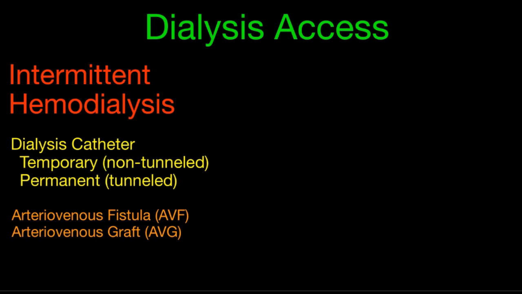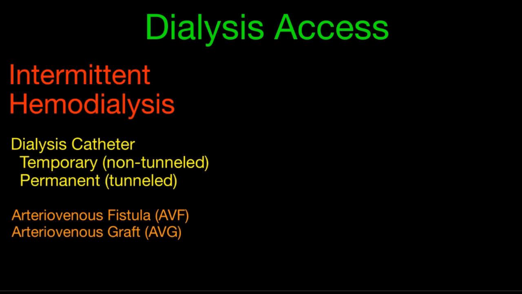As you can imagine, you need access to the blood. And so first, you can do it through an artificial catheter, the dialysis catheter. This could be either a temporary catheter, which is non-tunneled under the skin, or what we call the perm cath, or permanent catheter, which is tunneled under the skin. The main problem is that these are prone to bloodstream infection, and so it is recommended to not have